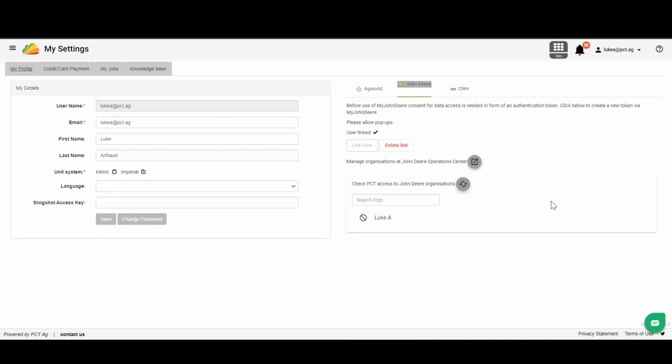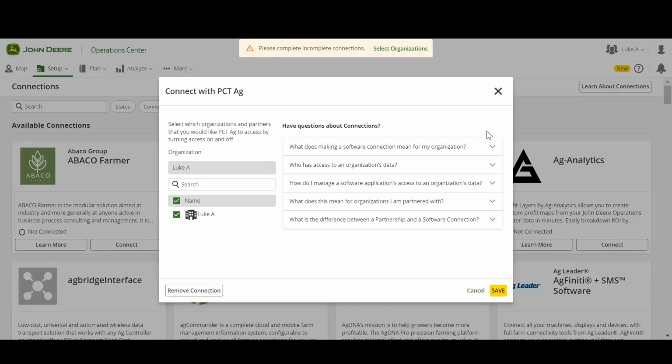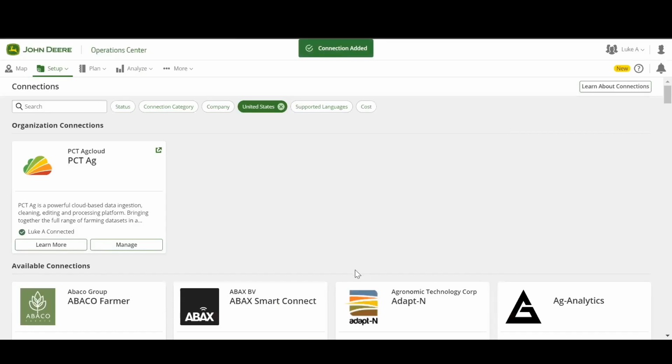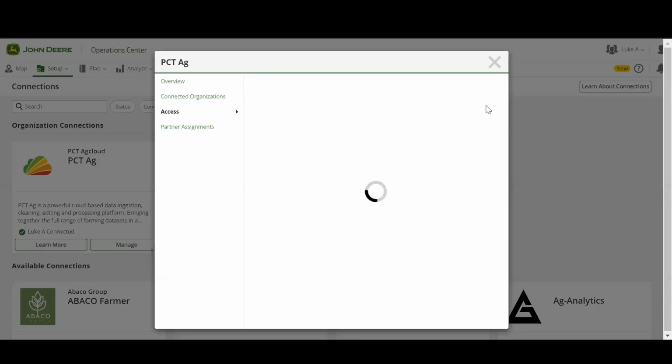If there is not a thumbs up icon to indicate organization access, click the button to manage organization access at John Deere Operations Center. This will take you to the Operations Center, where you can click Save to connect with PCT. Then, to set the correct data permissions, click Manage on the PCT Agcloud tile in the Connections page, then